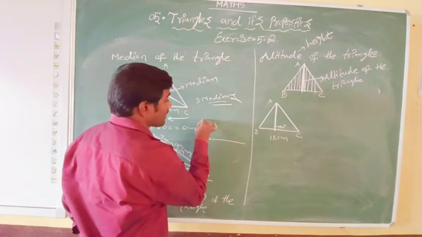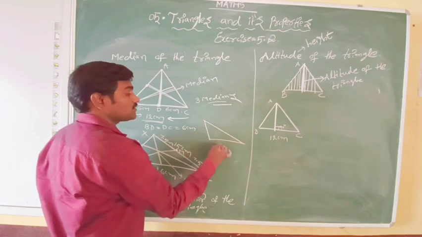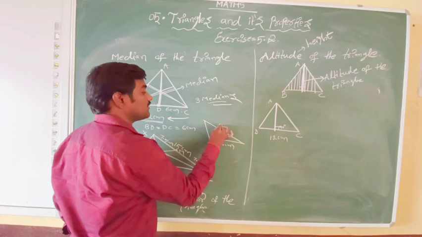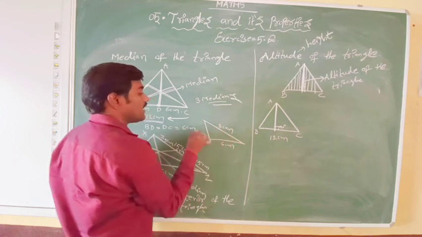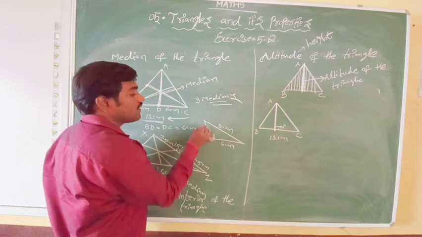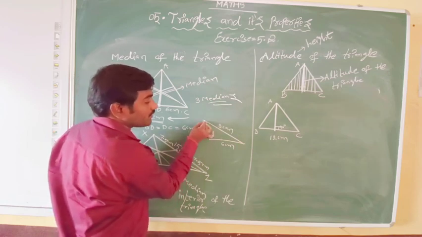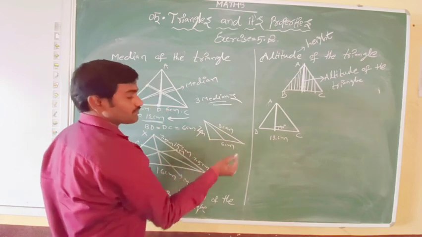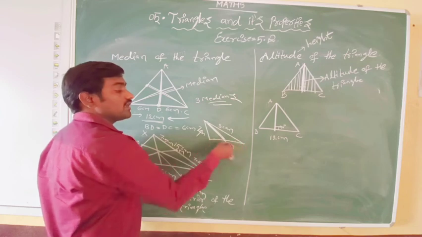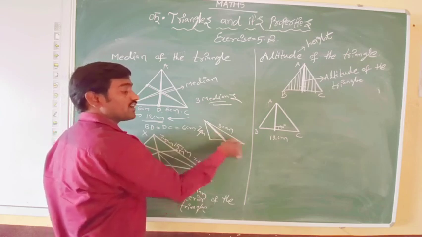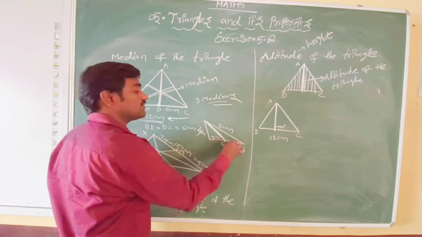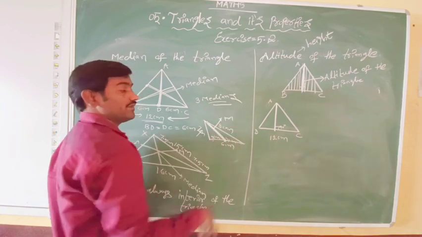If you take a median now, suppose it is 6 centimeter and this is 3 centimeter, 8 centimeter and this is 7 centimeter or 4 centimeter. If you take anything from this and draw a median, it will come like this. See, it is not a straight line. It only depends on the length of the opposite side. If the length of the opposite side is 6 centimeter, it intersects at 3 centimeter and 3 centimeter. Then it is known as a median.